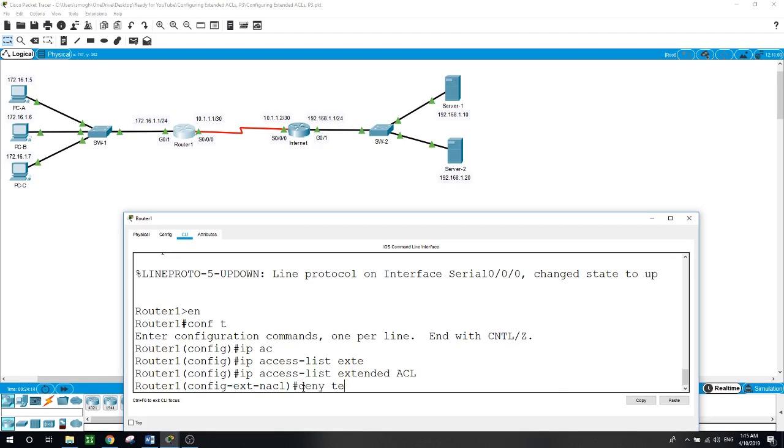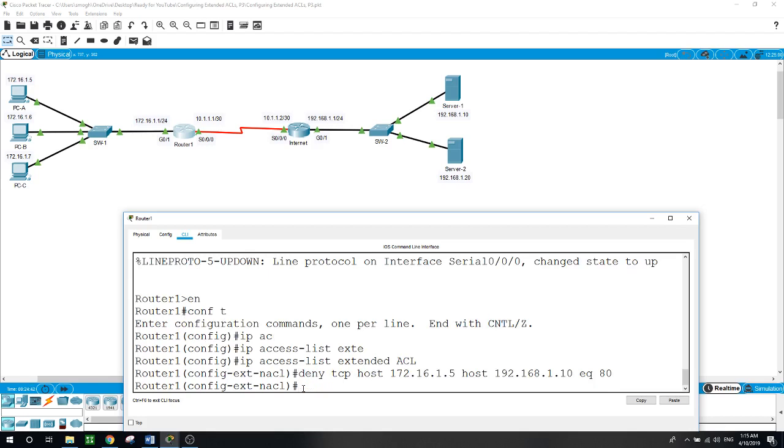the TCP. We want to deny TCP for the host 172.16.1.5, which is PCA. We want to deny it TCP to the host of the first server, 192.168.1.10, equivalent to 80 or www, either or. So enter. And then deny TCP